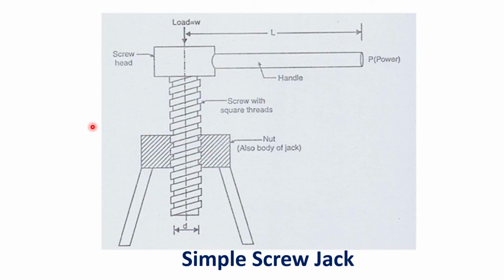Now, coming to the application of this friction in our engineering, it has a very beautiful application, and one of the widest applications is the simple screw jack. Have you heard the name simple screw jack? We often use a screw jack in a car if a tire is punctured and we need to replace it. Before taking out the tire and replacing it, we apply the screw jack to lift the car. So this is the diagram of a screw jack.